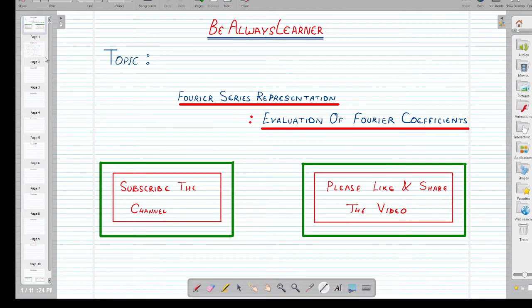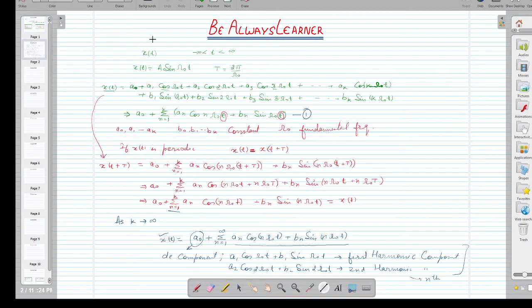ये लास्ट एनालिसिस है जो लास्ट वीडियो में हमने किया था। So here we are having a xt signal which is represented by this one. So this is xt signal, it is represented by this one. So इस सिग्नल में हमें an की और bn की वैल्यू निकालनी है, तो इसको हम कैरी ऑन करेंगे and